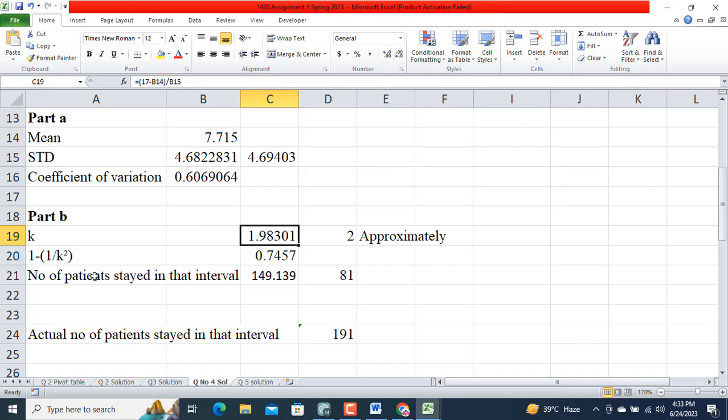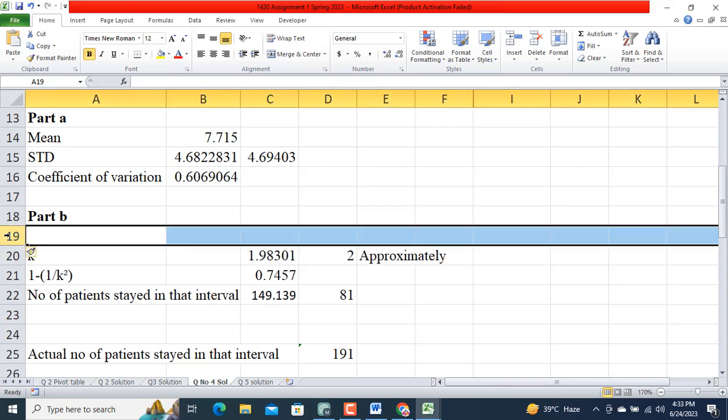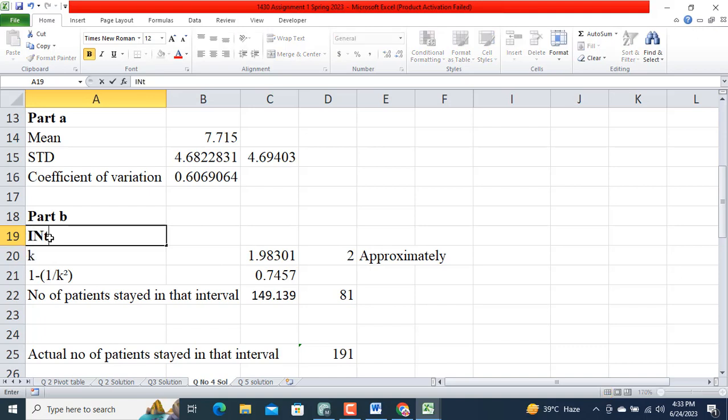So next I am going to use this formula, 1 minus 1 over k squared. So 0.745 we will get. The k value is 1.98. It is approximately equal to 2. So I am going to get 2 into the mean to find out the number of patients who stayed in that interval. So the interval is, please let me verify once more, the interval is